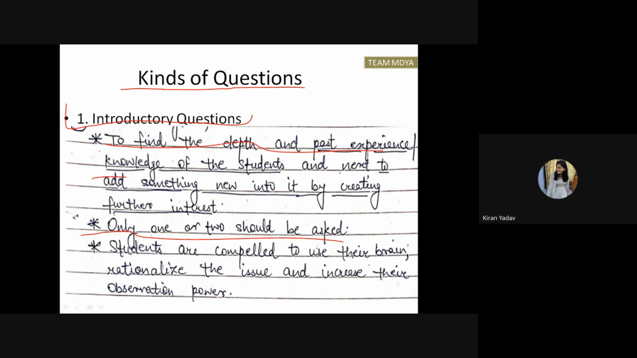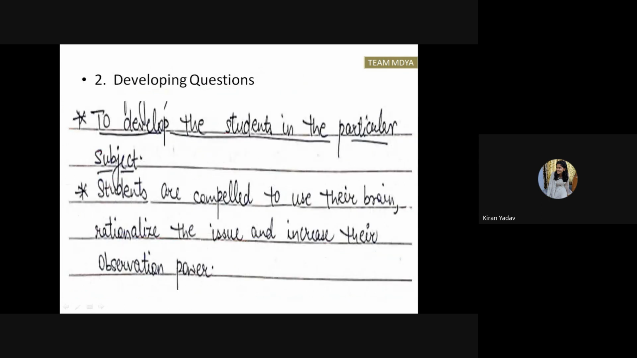So after introductory questions, next are developing questions. Once you have asked introductory questions, then while you are teaching further, you ask developing questions to develop the students in the particular subject. It is the same as introductory questions. Students are compelled to use their brain,